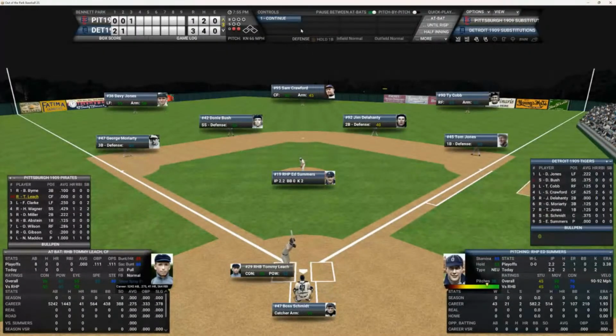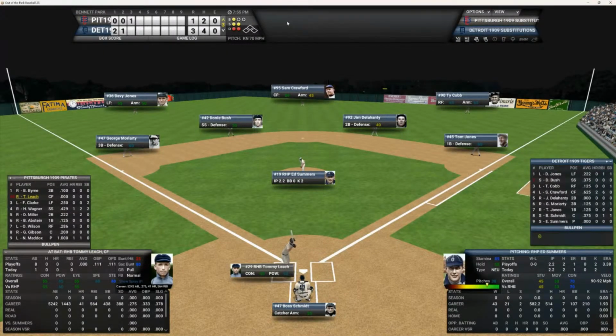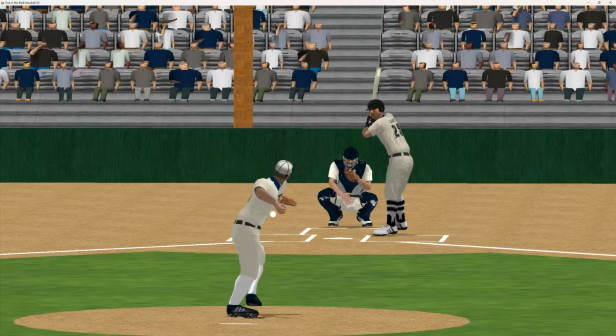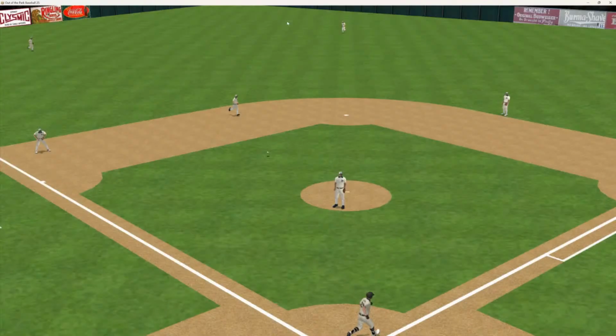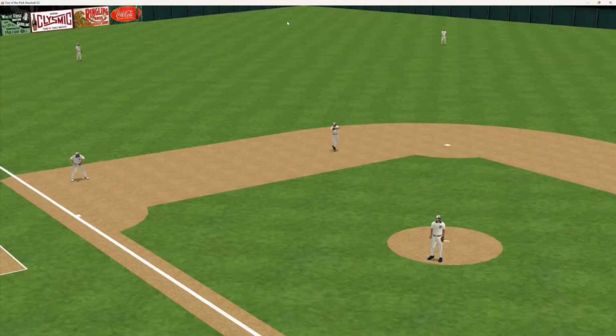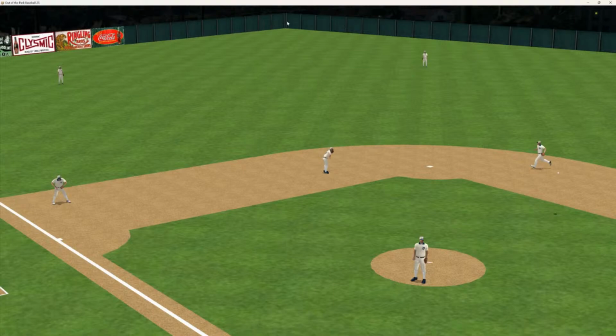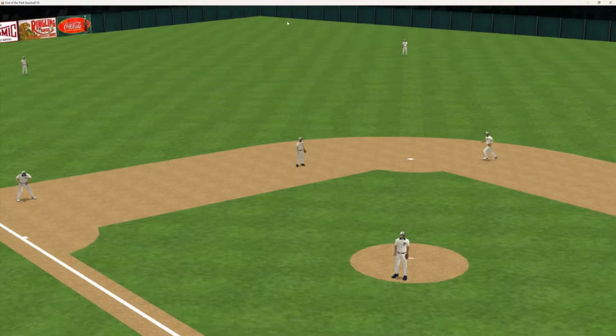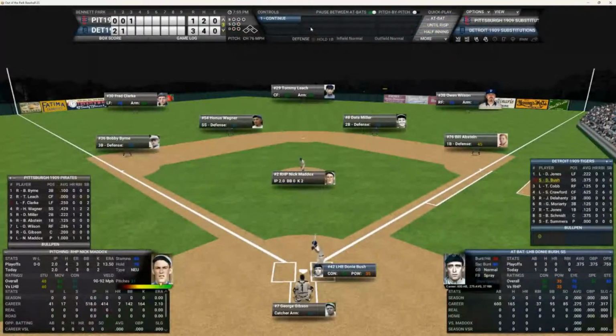Tommy's 0 for 1 today. Here's the 1-2 pitch to Leach. And that ball's hit down to short. That should be an easy play down there. That'll end the inning, but not until Nick Maddox, the pitcher himself, hits a home run, cuts it to a 3-1 ball game. We go to the bottom of the third.